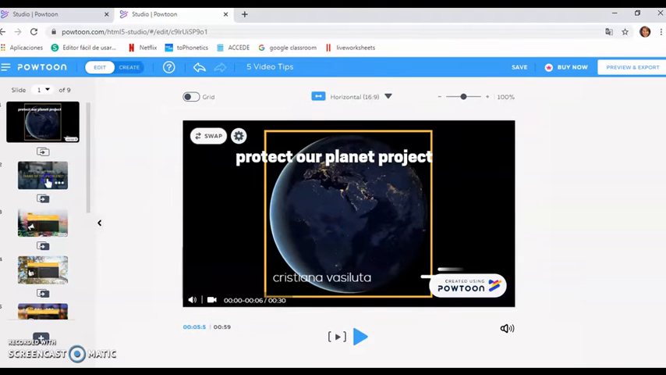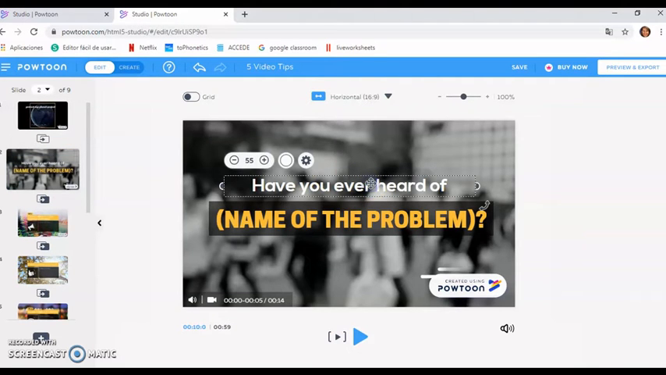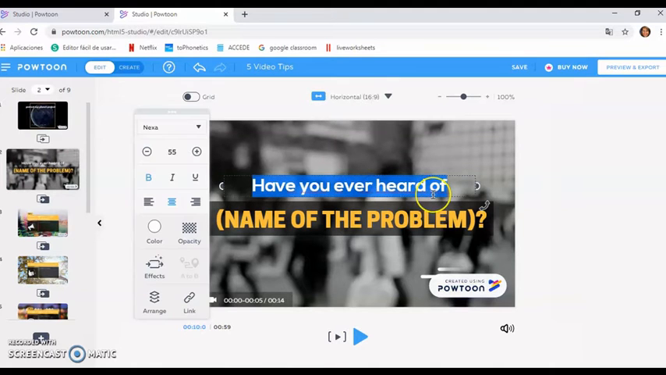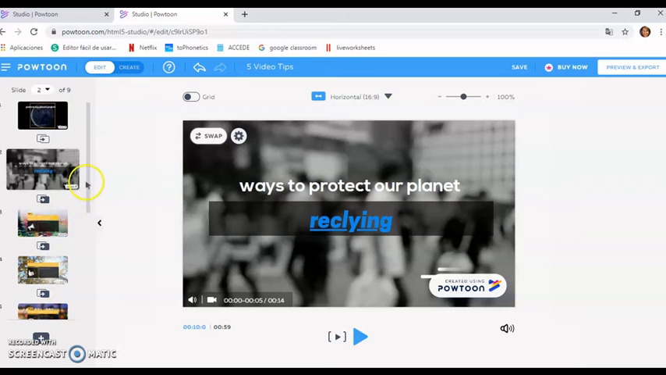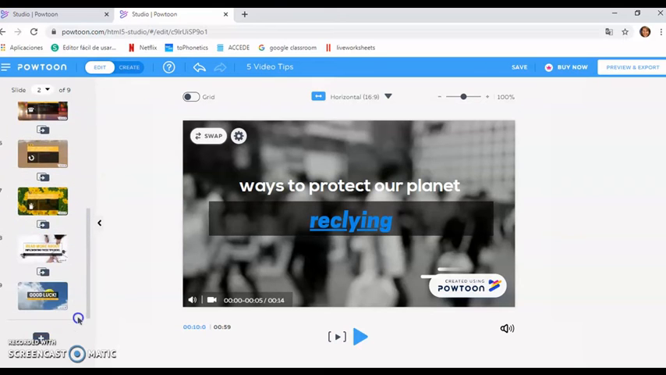Then you can go to the next slide. You can write whatever you want. In this case, I'm going to write here ways to protect our planet. Okay, from here, imagine that you have almost, I don't know how many slides we can find in this template,